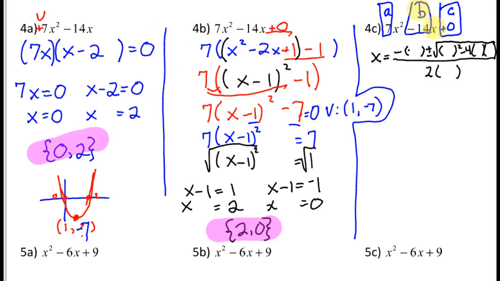So B is negative 14. A is 7. Up here, 7 down here. And C is 0. What do we got? We got a double negative, like I said. Very easy to miss if you're doing it really fast. So now we have 14 plus or minus the square root